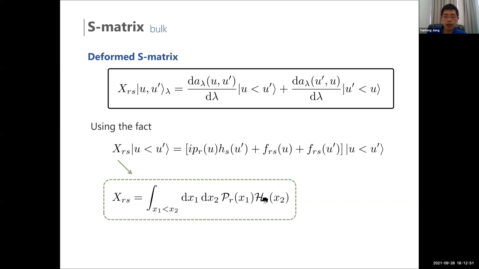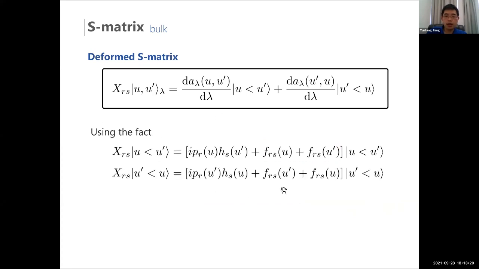And then you also have the possibility where both operators act on one of the particles. I will just denote this type of contribution by F_RS and F_RS prime. It's not important to specify the form, because they will get cancelled in the final result when we compute the S matrix. So we just remember this comes from the contribution when both densities act on the same particle.